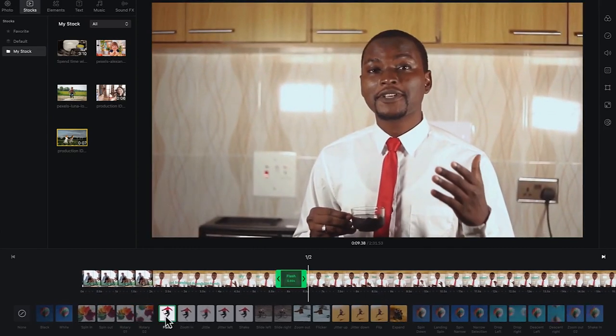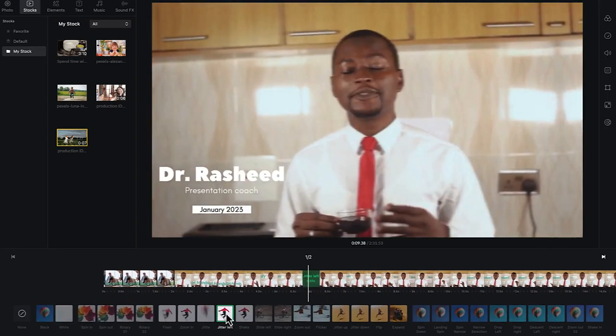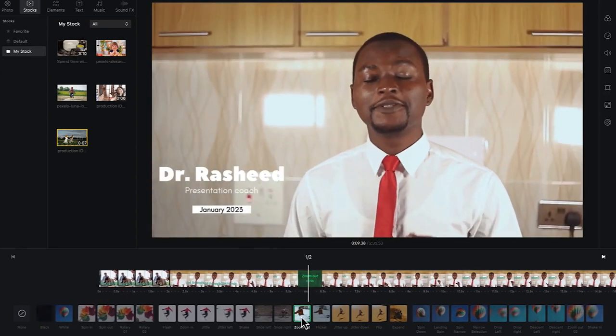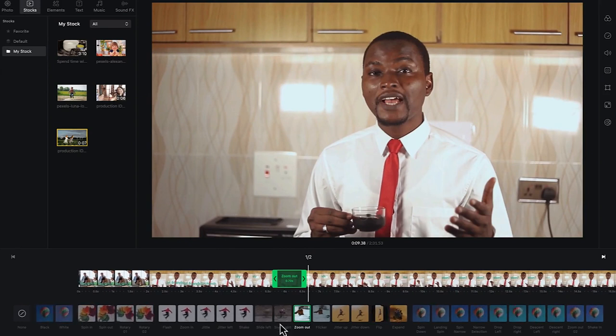Okay, so you can see a preview of any effect that you've added. You can see different kinds of effects. Now, if you select a given effect based on the preview that you have over here,